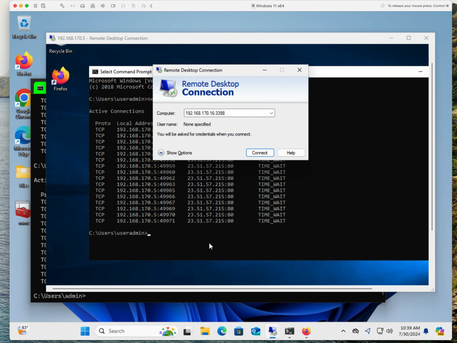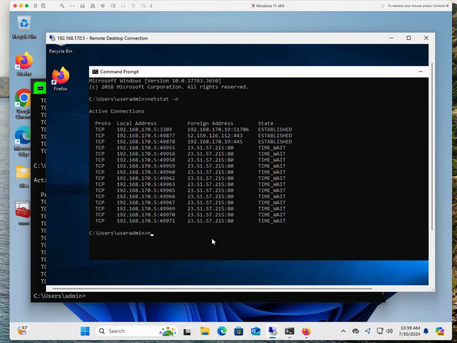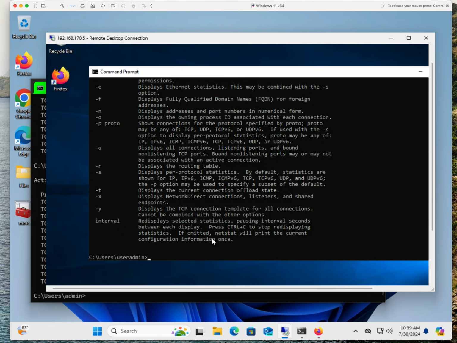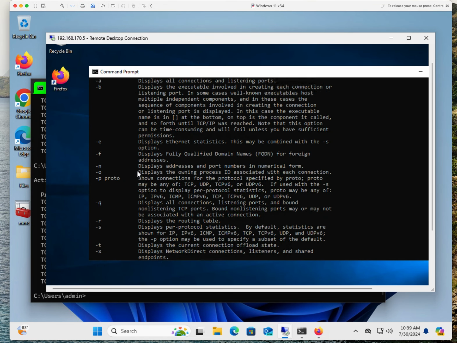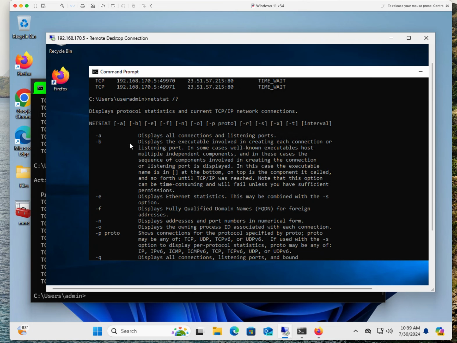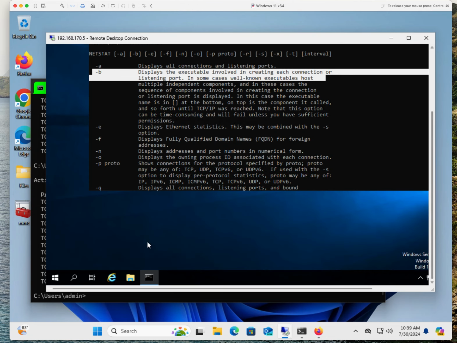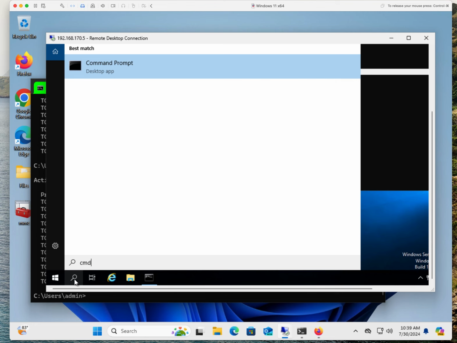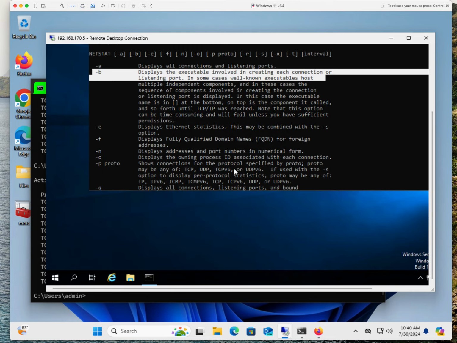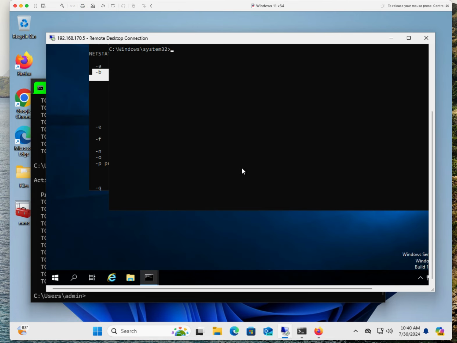So the last thing that I want to show you is this: if you do a help on Netstat, but this is on Windows, but it's a similar concept on other operating systems, you can display the executable file or process that is associated with that session. For that, you need admin privileges. So let me come here and run this as administrator. And if you do netstat -b,